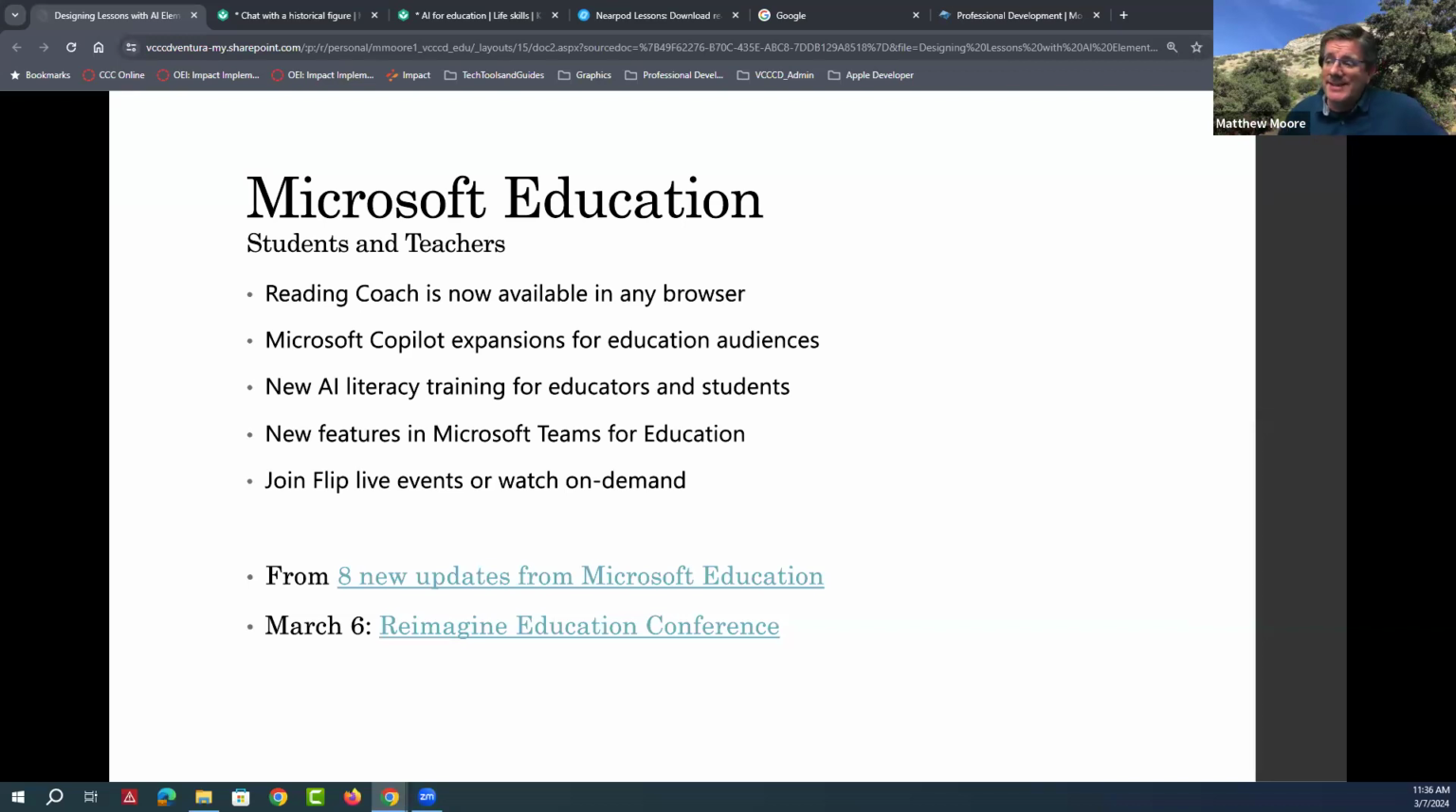Microsoft also has these types of tools. They've got a reading coach, a co-pilot, they've got AI literacy training. They have all these tools that are available. You'd have to have an educator's account, and you'd have to make sure that there's probably some sort of fee that passes on, but there's a lot of information out there with that. And yeah, we just went to the Reimagine Education Conference yesterday, so there's a lot of stuff from Microsoft out there, and